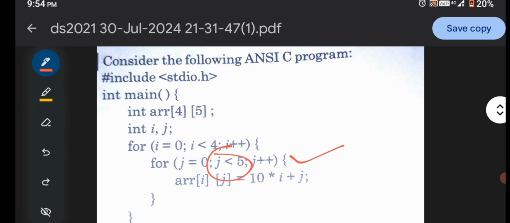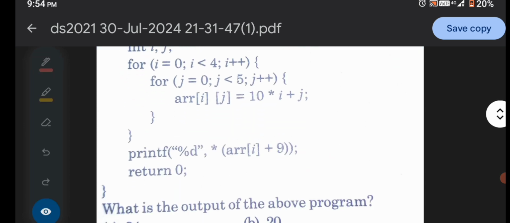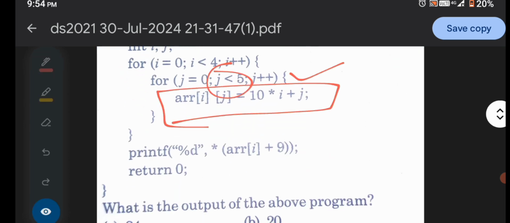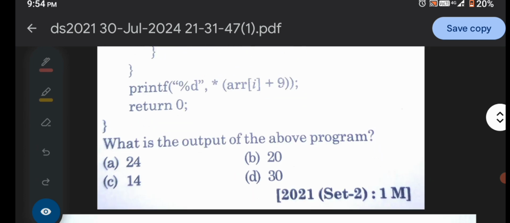At the end, it prints array[i][j] equal to 10 multiplied by i plus j. The question asks: at the end, it prints the value of *(array[i] + 9). What will be the output? They give four options.